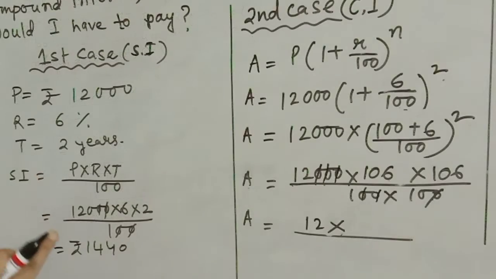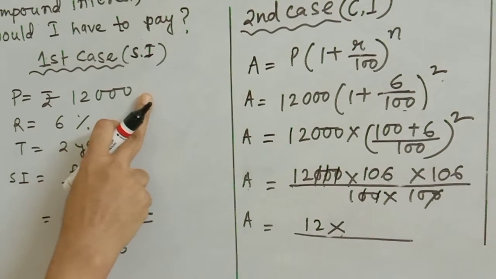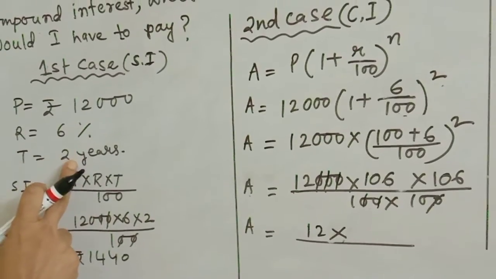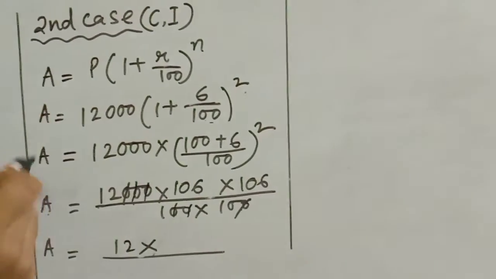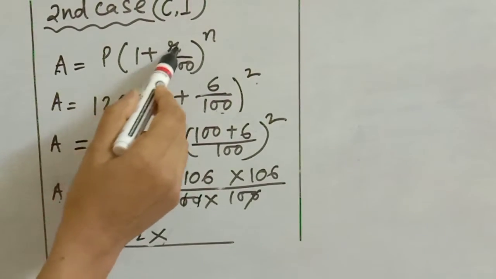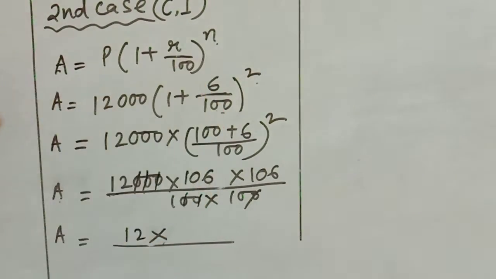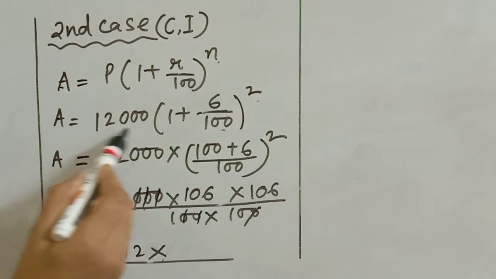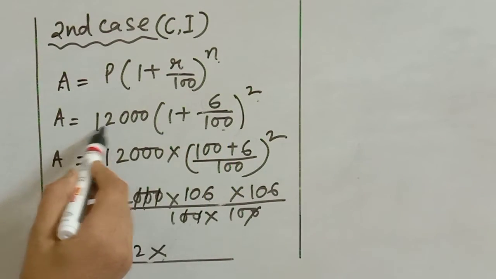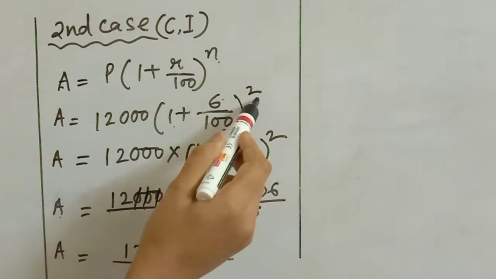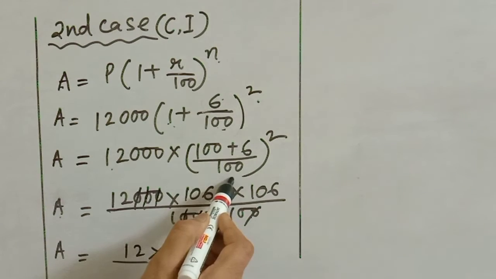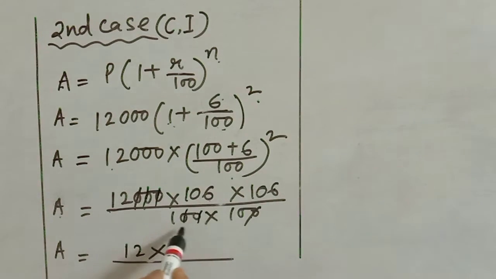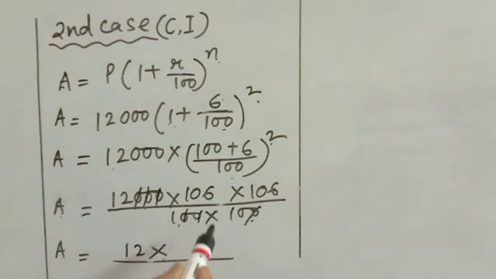And now, as I have seen that simple interest is 1440, now the same principal, same rate and same time, it will be used as compound interest formula. In the compound interest form, amount is equal to P into 1 plus R by 100 whole to the power n, compounded annually. So put all the values. 12,000, 1 plus 6 by 100 whole to the power 2, 12,000, 100 plus 6 by 100. So 106 into 106 by 100 into 100. Why? Because it is 2 times.